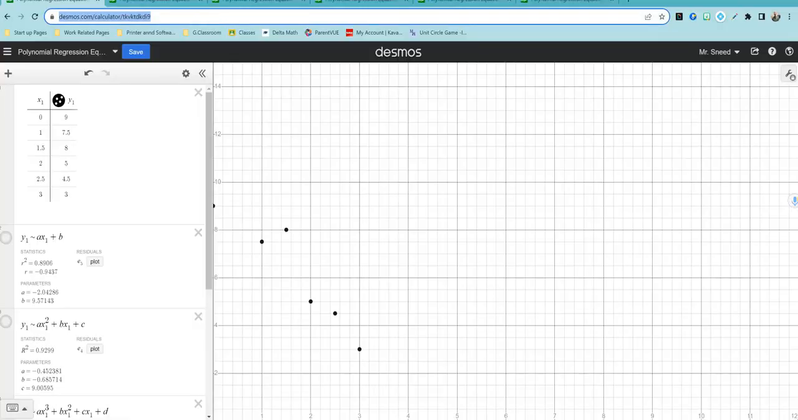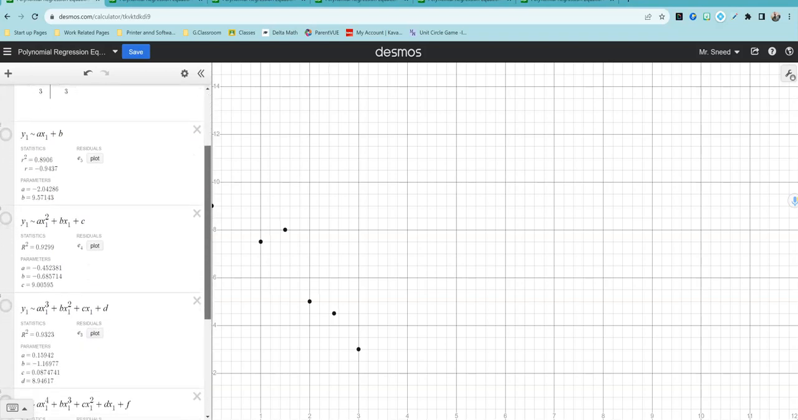So I already did that. Our first point was at 0.9. Second one is at 1.75. Third one is at 1.58 and 2.5 and so on and so forth. So I already put those in there because I didn't want to waste your time as I typed them in. So we said we